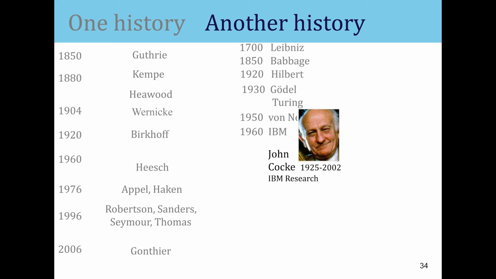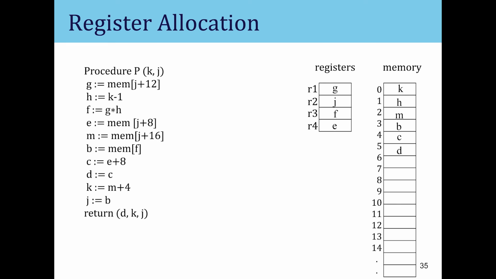And one of the problems in writing an optimizing compiler is register allocation. So here's the register allocation problem. On the left, you have some program with variables, G, H, F, E, M, and so on. And on the right, you have the resources of the machine. You have some small number of fast registers and a large number of slow indexable memory locations. And you want to decide which variables to keep in registers and which variables can go in memory. And so